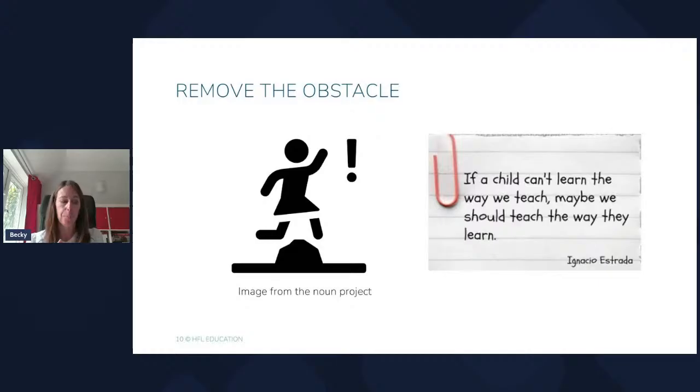Or let's simplify the information that we're giving the class, or let's pre-teach keywords or provide a video clip to help support them. If we want them to tell us what they have found out in a science investigation, because that's the key learning, we want them to explain the science, but they struggle to organise their ideas and thoughts, let's give them a word bank. Let's give them some sentence structures, and let's provide them with voice-to-text software or a writing frame to record their ideas. So we need to think, what is the learning? How can I support the child to achieve it? And how can I support them to overcome any barriers to learning that they may face?